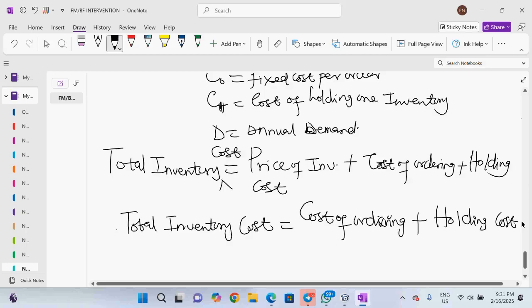But if there is a discount, that is where I'll feature in the price of the inventory,